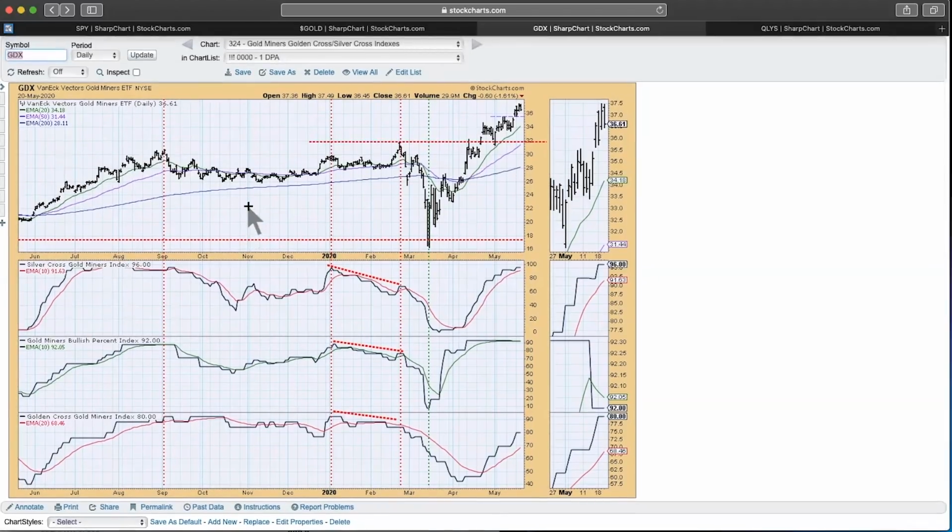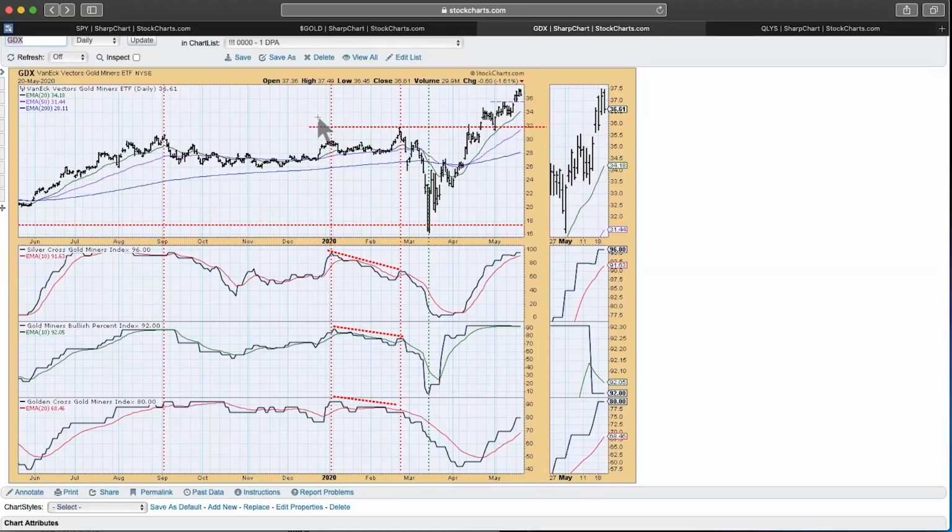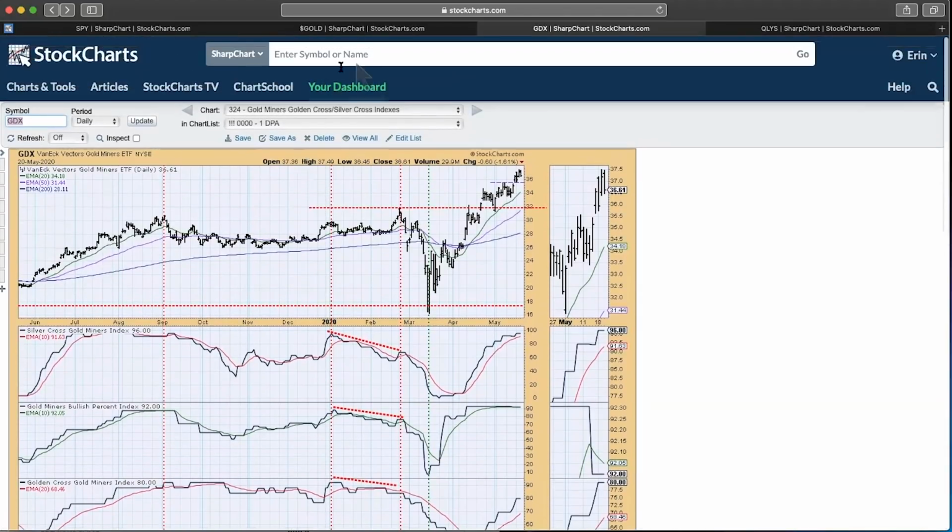A lot of times they'll stretch out, and RSI, you'll see the same thing, where it'll stay up in that overbought territory. I mean, if it's a strong stock or a strong ETF, you're going to see that. All right,